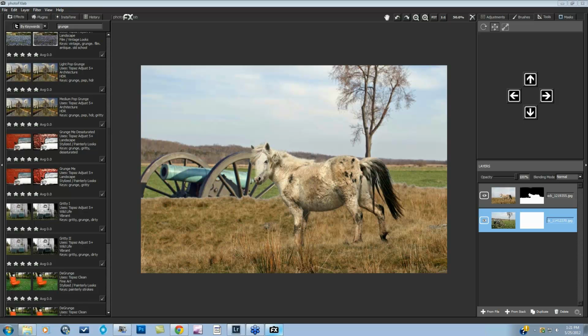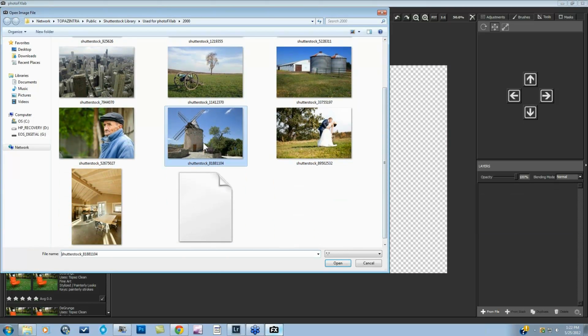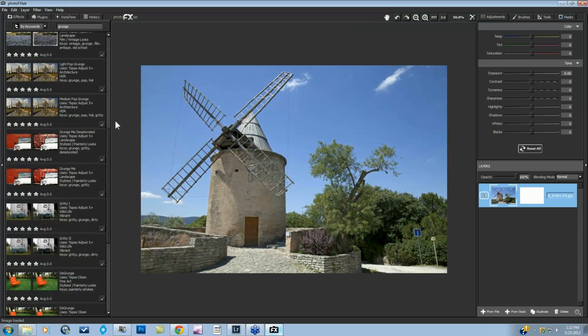So let me go ahead and look at the questions Ashley sent over. First question, are the filters categories searchable by name or type? Yes, they are. So over here, let me get out of this image. We'll open up another image and play around. Let's grab, open. Okay, so yes, you can search by ratings,